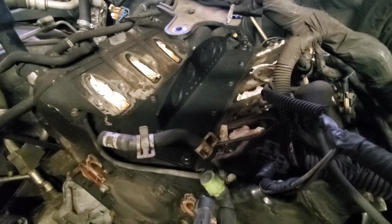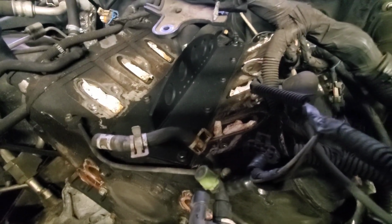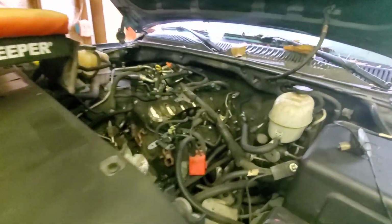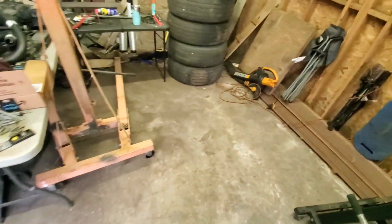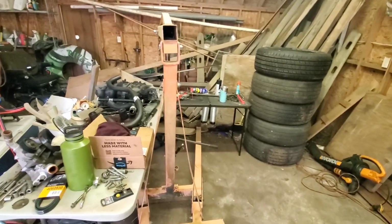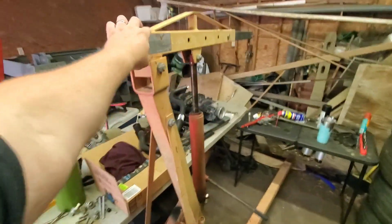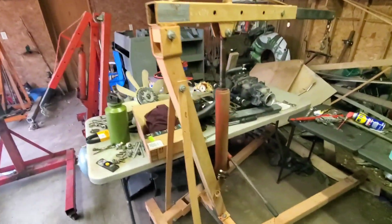There. Hydrolocked them. Got my engine lift plate on there. That's a pretty good deal, Amazon. $37, I think. We'll see how well it works, but I'm sure it'll be fine. So, been procrastinating, getting my little area ready, and I had to get an engine hoist, amongst other excuses to not do it sooner. But anyway,